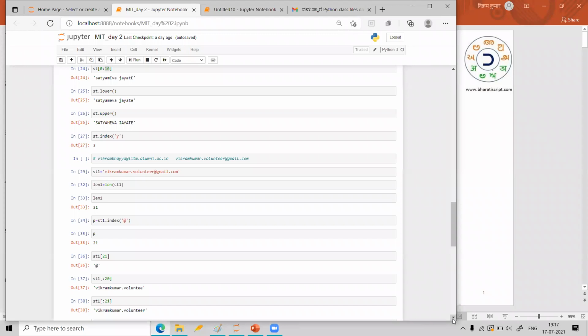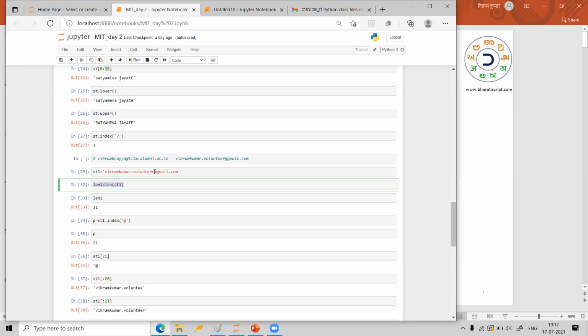Then we have seen one interesting application, which I learned from some other online class which someone was teaching. If a mail ID is given, I want to access only the beginning part of the mail ID, which is in front of the @ symbol. For that, I hope you remember the logic. We have found the total length of the string. And then, do we need to find the total length of the string?